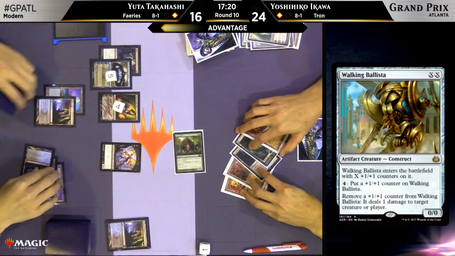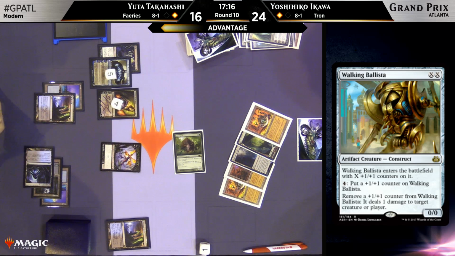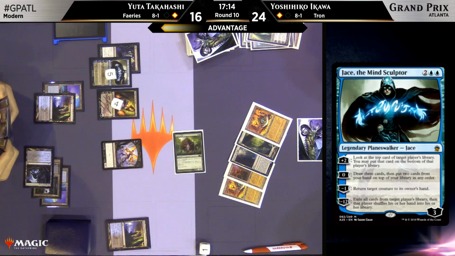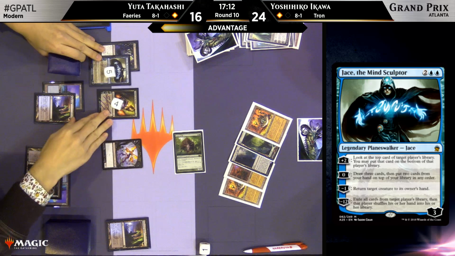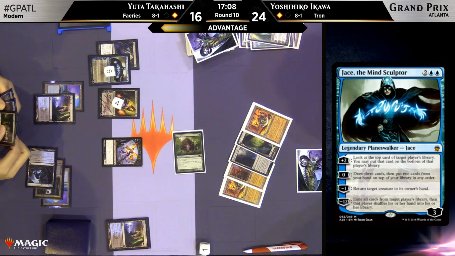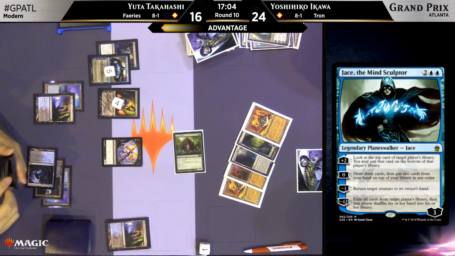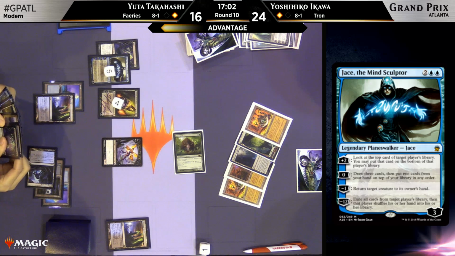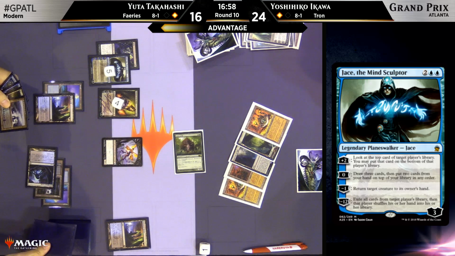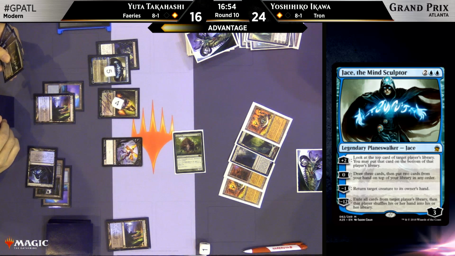He's going to start plussing and just tearing apart Ikawa's hand, and you can see he discards Ugin, as it looks like it's going to be really difficult for him to get there without just cold ripping a power plant at this point. I think Takahashi was deciding on whether he was going to brainstorm or plus the Jace, targeting his opponent. Yeah. Decides to brainstorm,